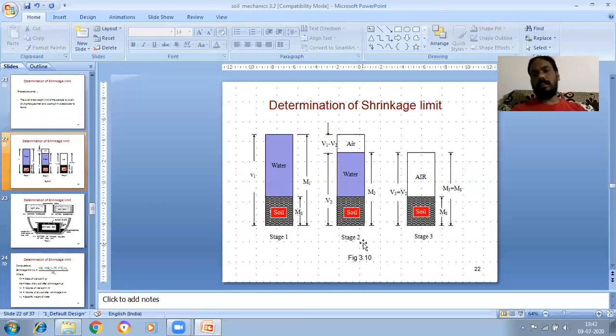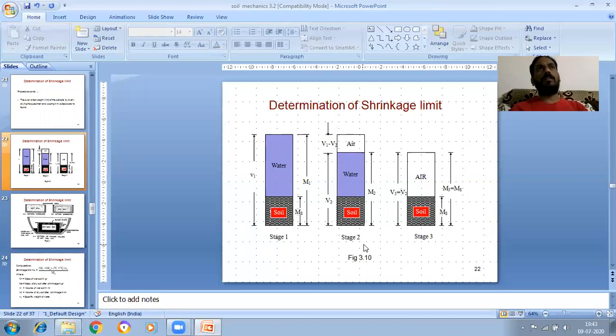These are the recordings. First, we need to take the wet soil sample and record the weight, and then take it in the dish, the evaporating dish. The dish volume can be determined indirectly by pouring the mercury into the dish. The volume of the mercury poured into the dish is equal to the weight of the mercury poured into the dish divided by the unit weight of the mercury. That is equal to the volume of the dish, which is equal to the volume of the wet soil. Like that we are getting the volume of the wet soil and weight of the wet soil.